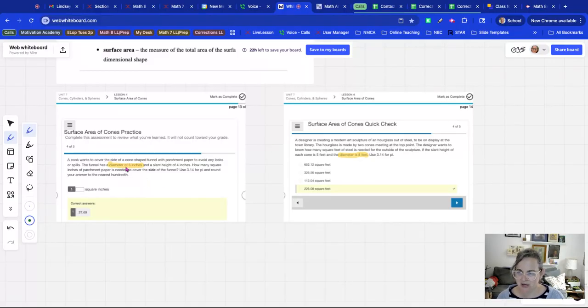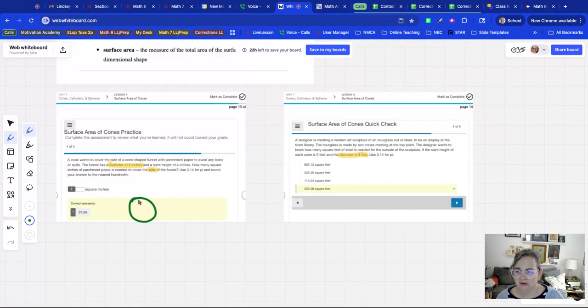So this one says, a cook wants to cover the side of a cone-shaped funnel with parchment paper to avoid leaks or spills. The funnel has a diameter of 6 inches and a slant height of 4 inches. How many square inches of parchment paper is needed to cover the side? Oops, I thought I still had the highlighter there. Let's erase that and then highlight it. We are just covering the side of the funnel. Okay, that means we're not